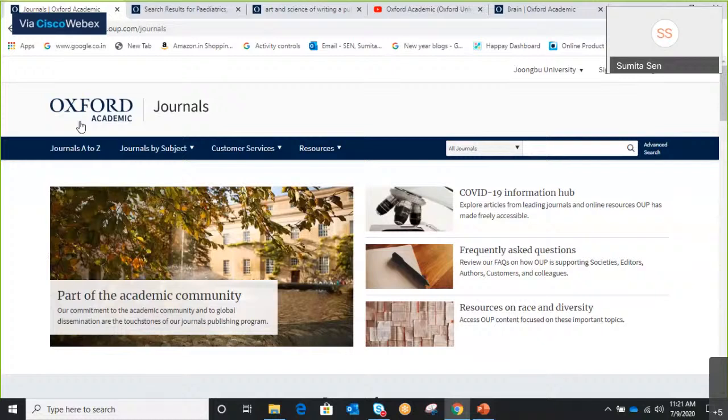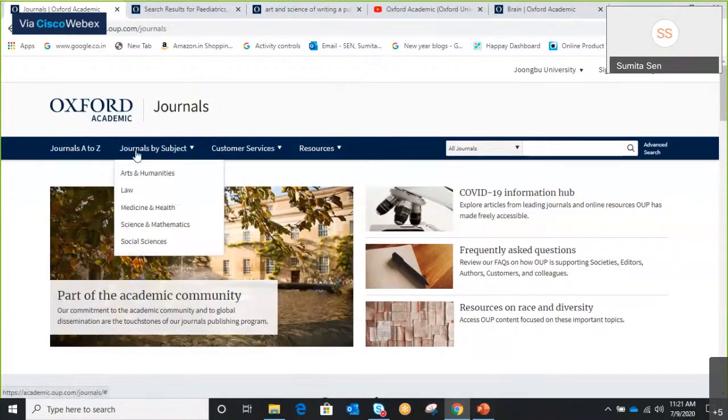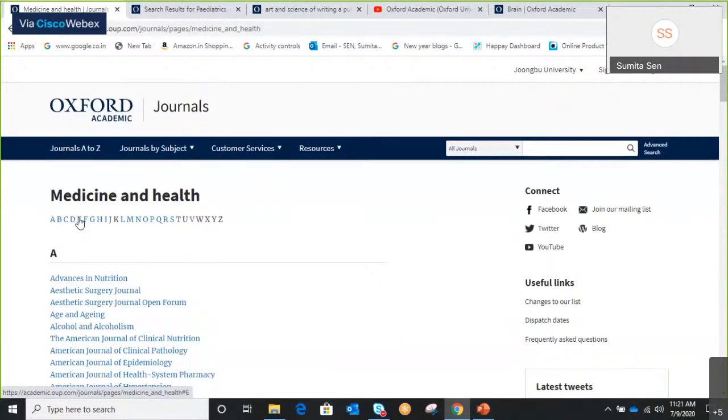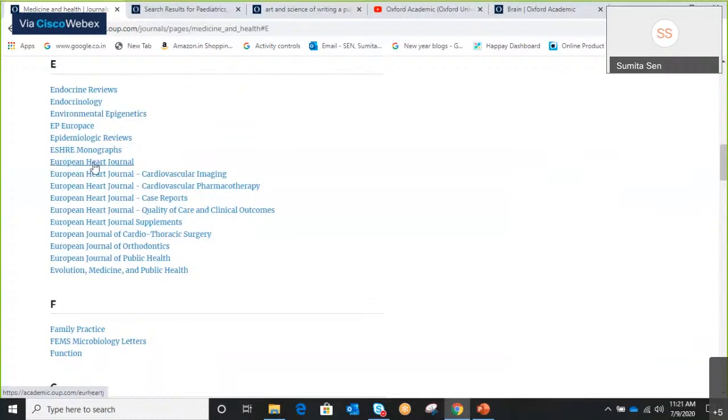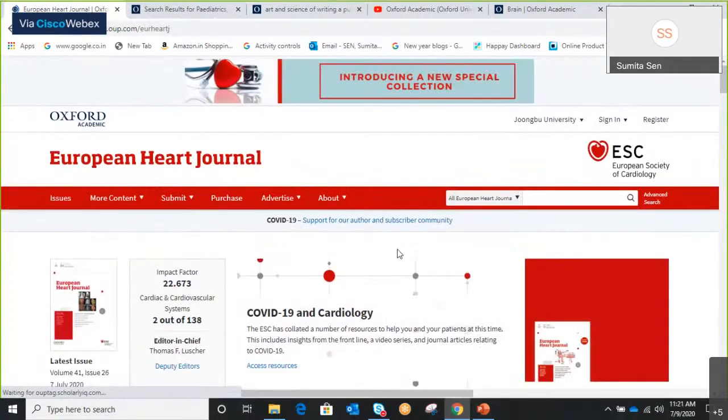So does that mean my journal is good? If the impact factor has gone up because of the number of citations, does that mean my journal is good? No, it's still bad. It is only that one article that has helped me change the impact factor, which is why we always encourage people to look at the evolution of the impact factor when you are selecting your journal to get published.